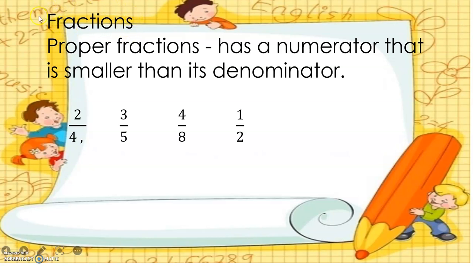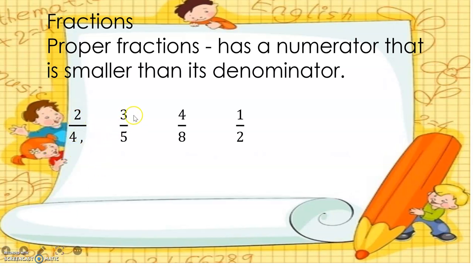Okay. So what are the types of fractions? The first one is proper fraction. What is a proper fraction? A proper fraction has a numerator that is smaller than its denominator. So where is the numerator? This is the numerator, this is the denominator. The numerator is smaller than the denominator. Example,